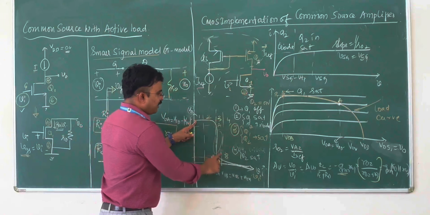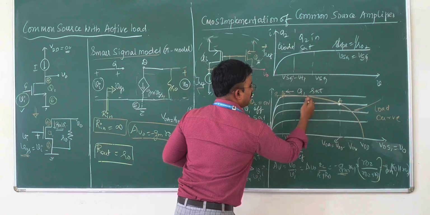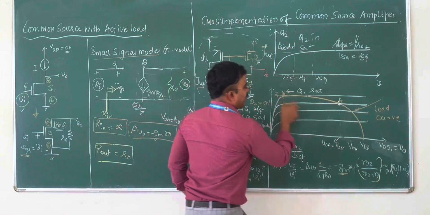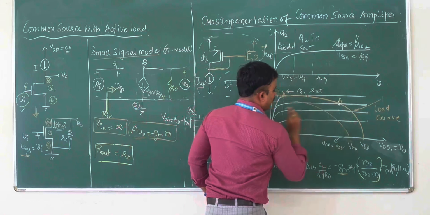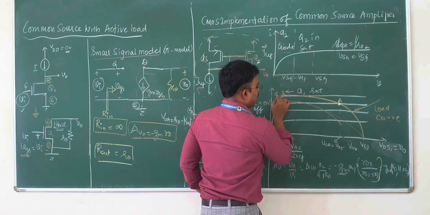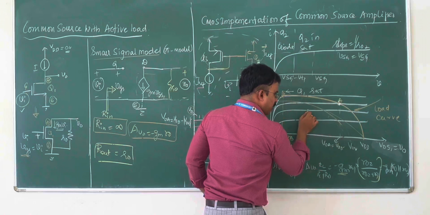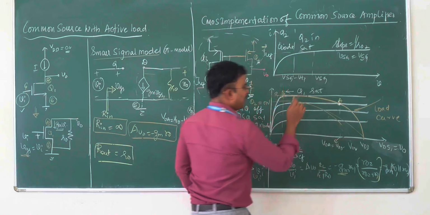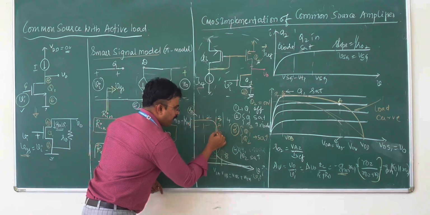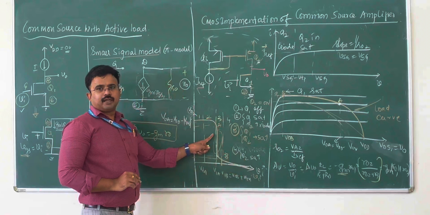Now this curve is obtained by superimposing different load curves. One such curve is shown. If you superimpose many curves, you get different Q points. For example, if you consider one more curve, let me call this Q1, another Q point we will get. If I draw one more curve, another Q point will be obtained. Different Q points are plotted in this form, and that is a transfer curve.